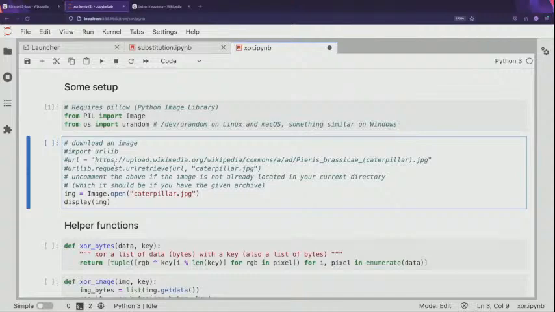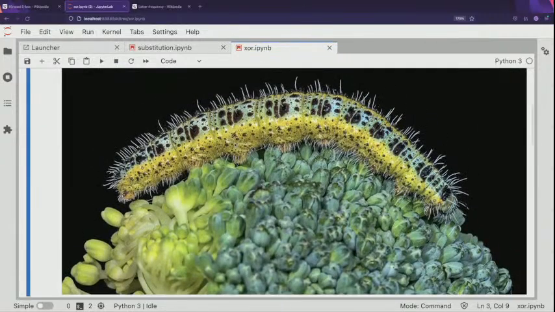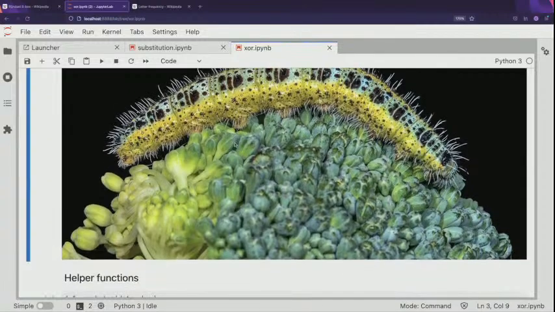This will also display the image inline so we know what we're dealing with. I chose a very large resolution image, which is not ideal for this. If you happen to run out of memory executing stuff, particularly because it goes through and XORs every single RGB value of every pixel in the image, Python's not great at that. So if your notebook kernel crashes, that might be why, and you might have to downscale the actual image